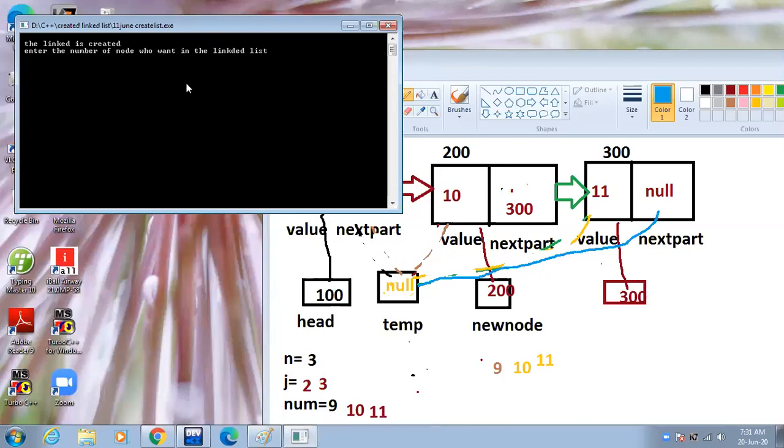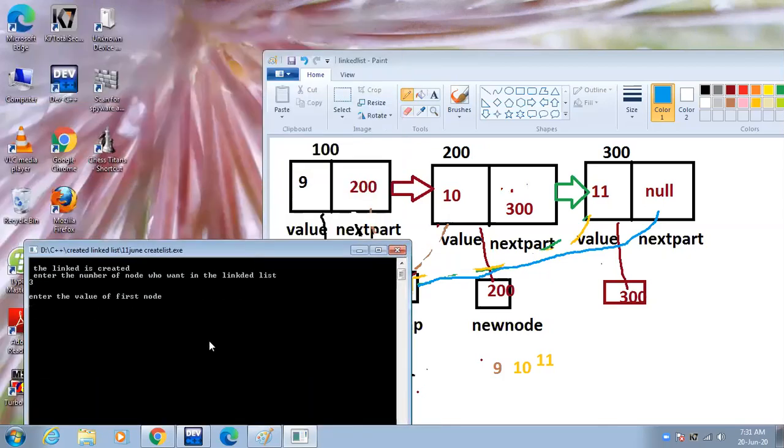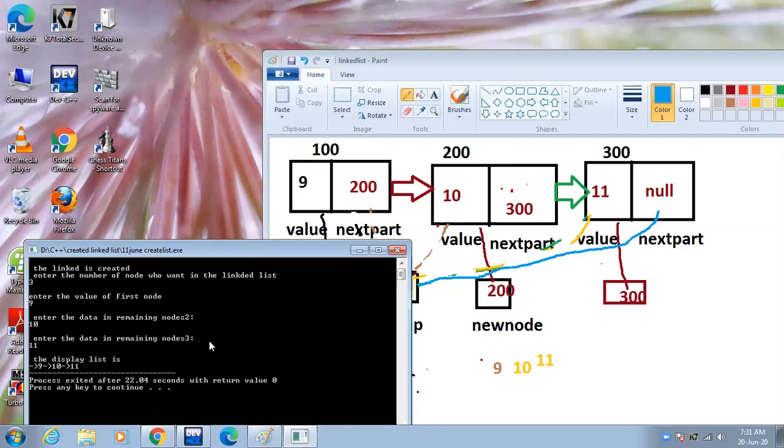We enter the value of n as 3. First node value is 9. Second node value is 10 and third node value is 11. This our linked list is created and has 3 nodes.